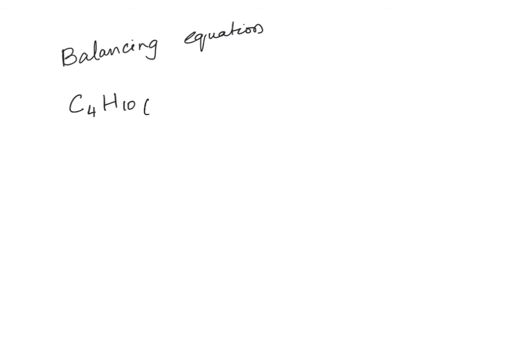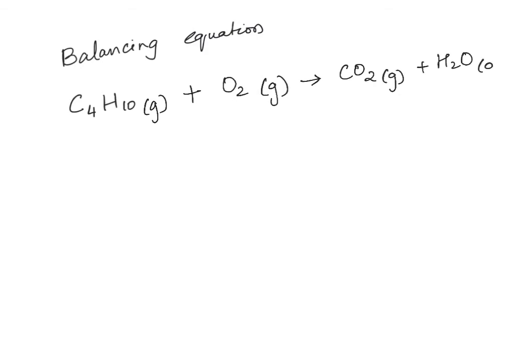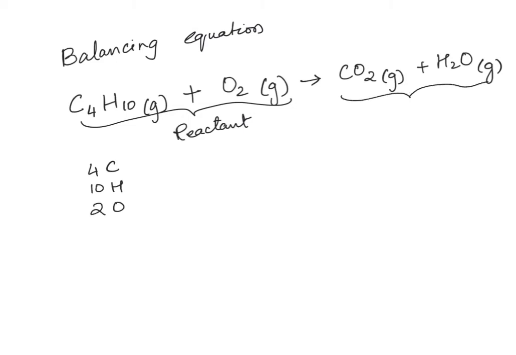C4H10 gas, for example, when reacting with oxygen gas, yields carbon dioxide and water vapor. So this is the given equation and we have to balance it. If you think about it, on the reactant side we have 4 carbons, 10 hydrogens and 2 oxygens. On the product side, we have 1 carbon,